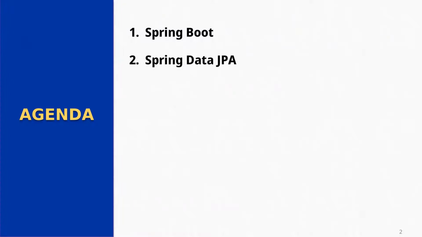The next part, Spring Data JPA. So what is Spring Data JPA? And some of the examples we will see in Spring Data JPA. This is how we can connect to the database by using Spring Data JPA, and what the methods involved are, how you can save the data, how you can retrieve the data from the database, and how you can use that in Spring Boot. Those inner details we are going to check. As part of this, we will cover some of the Hibernate concepts as well.